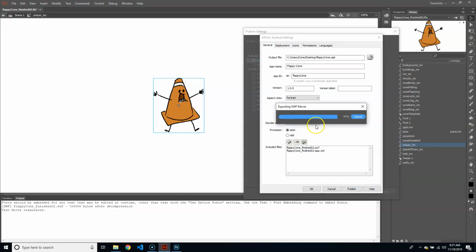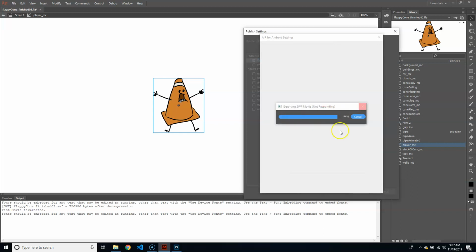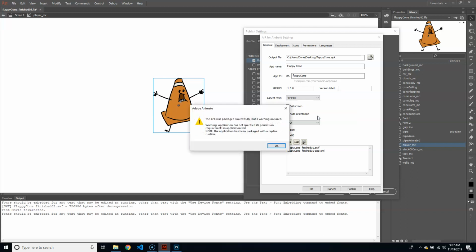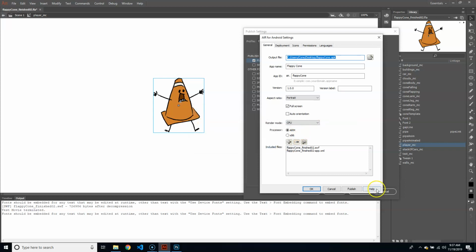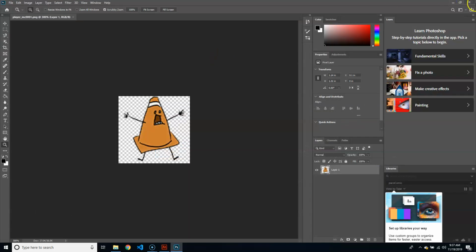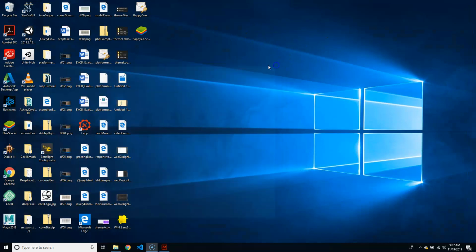Okay, and then it's gonna do this. Publishing. And it doesn't really matter. We'll hit OK, and then we'll hit OK. Okay, and then we'll hit OK. Then I'm just going to minimize this, and we'll close out of this. I don't need this anymore. We'll close out of that. And then what you're going to see is you're going to have this thing here, this Flappy Cone thing. Okay, so this is the thing you need to install onto your